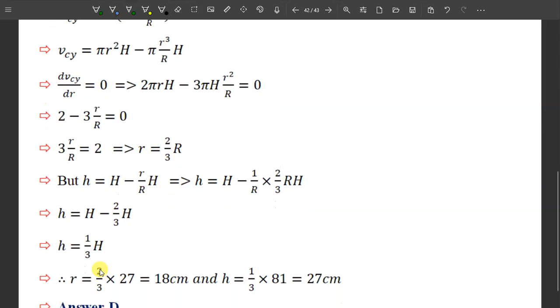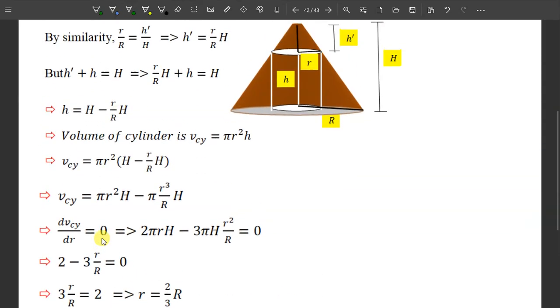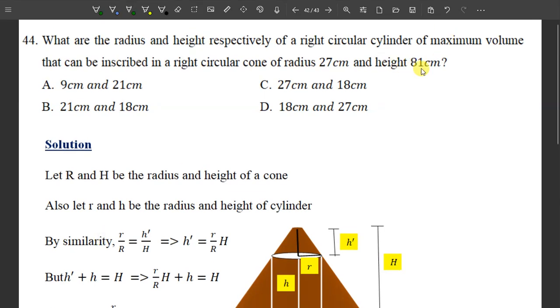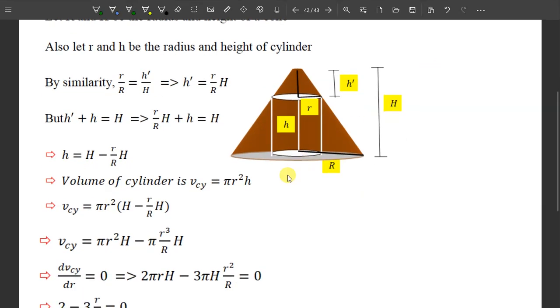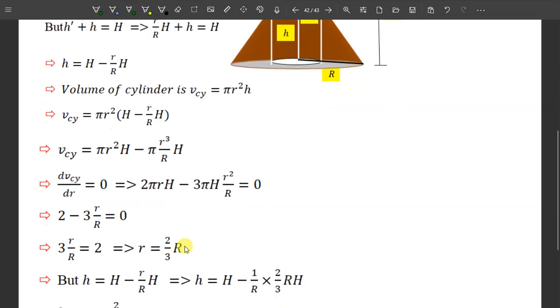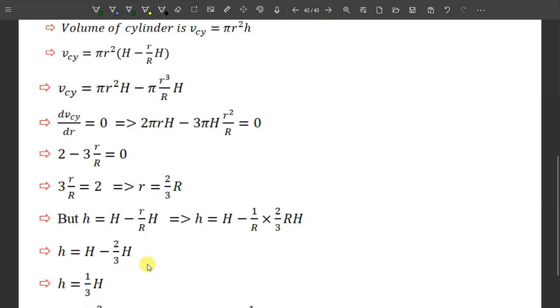Since the height of the cone is given as 81 centimeters, the height of the cylinder is 1/3 of that,